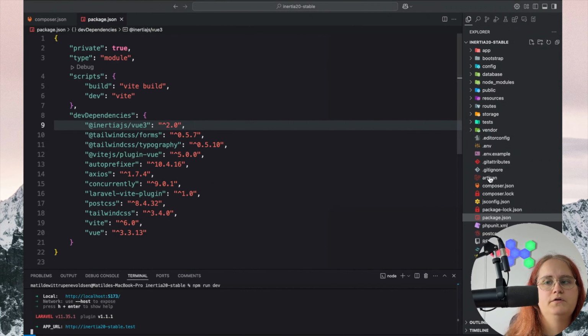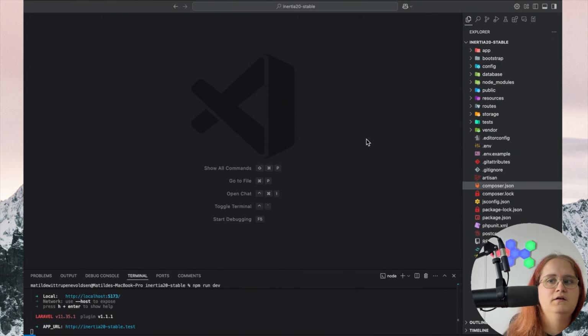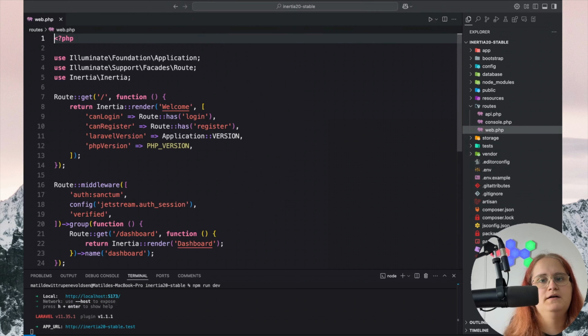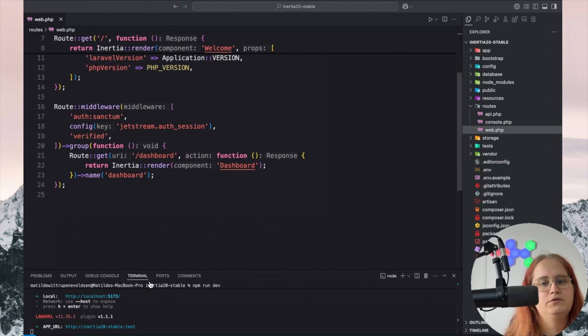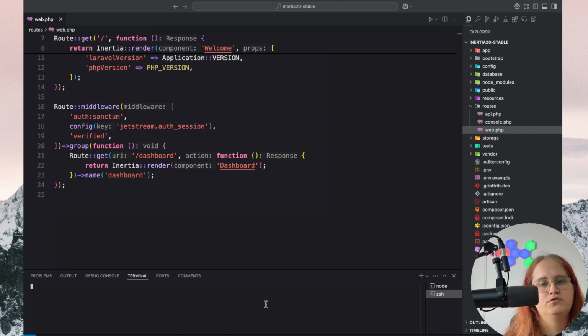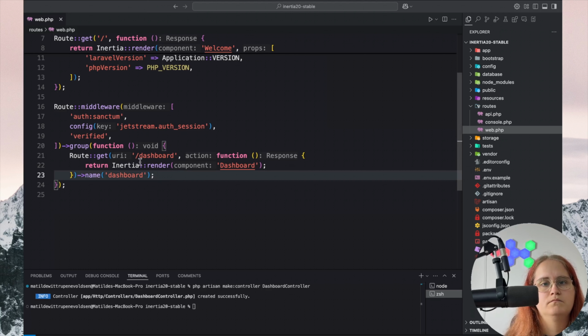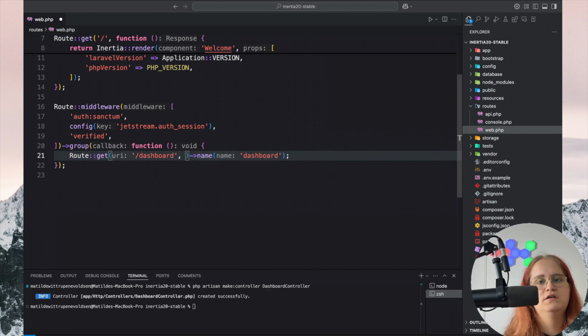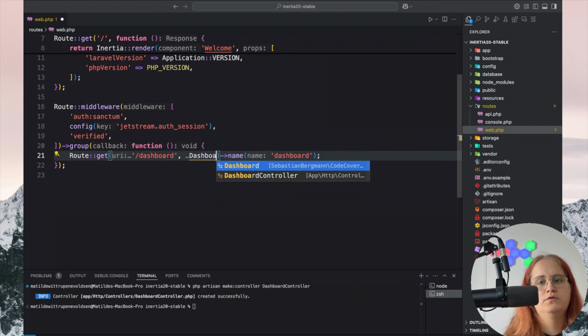So the first thing I want to go ahead and do now is inside our web.php file, I want to move this dashboard here to its own little controller. So let's go ahead and say php artisan make:controller. Let's call this DashboardController. And all we want to do then is just get rid of the closure and have DashboardController,